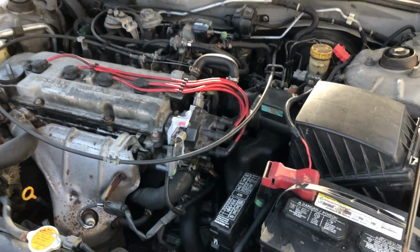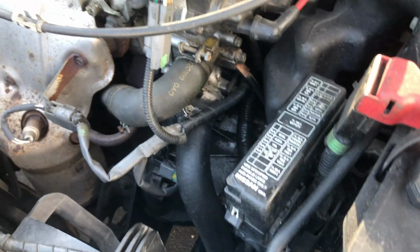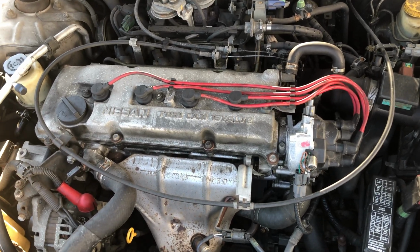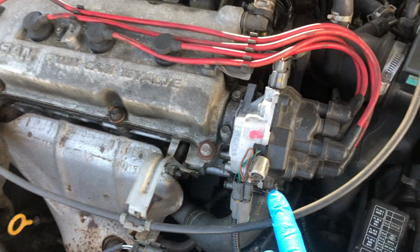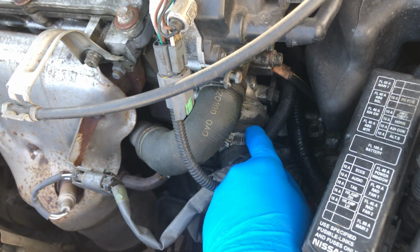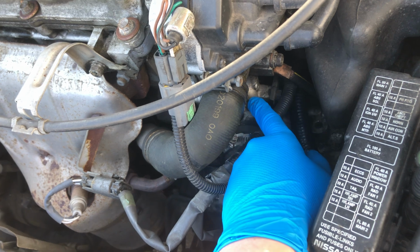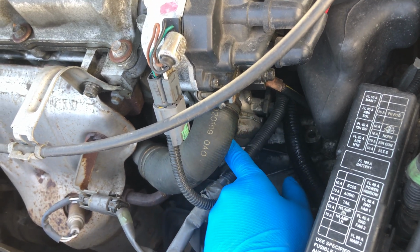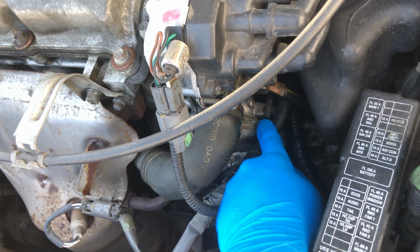Hey, so today I'm going to swap my thermostat on my 1999 Nissan Altima. This is the engine. There are two hoses here, one hose here, one hose there. The thermostat lives right here after this hose, and there are three bolts holding it to the engine, and there's some